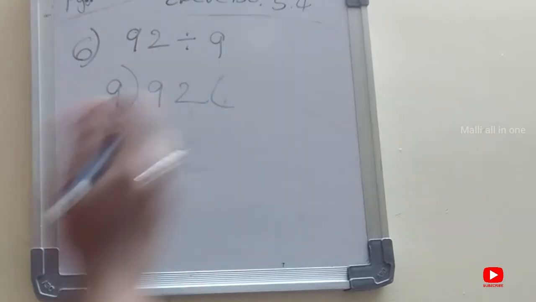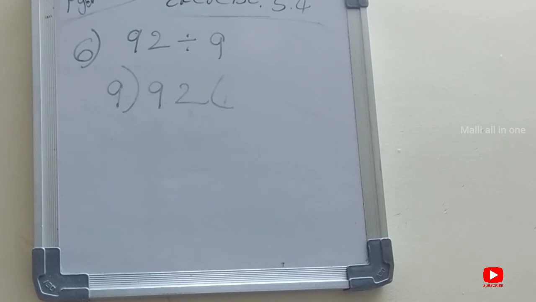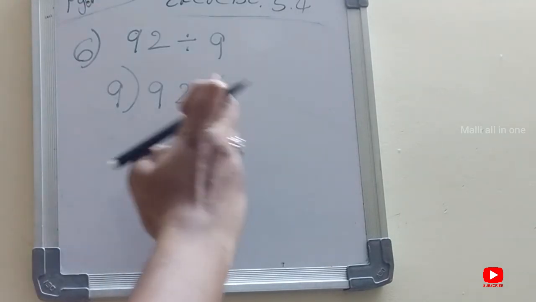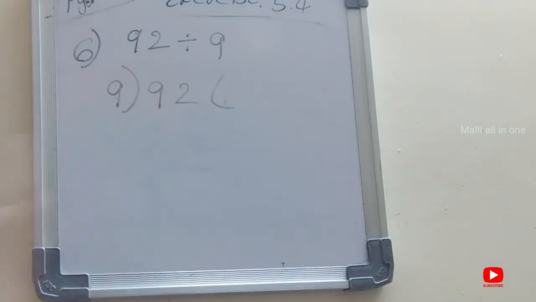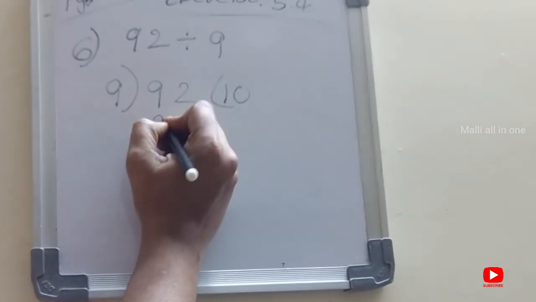9 is there, here also 9 is there, so you should write 1 first. Don't think like that. When you have a small number here, we should take 2 digits now. When 92 comes, see in the 9 table: 9 ones are 9, 9 twos are 18, 9 threes are 27, 9 fours are 36, 9 fives are 45, 9 sixes are 54, 9 sevens are 63, 9 eights are 72, 9 nines are 81, 9 tens are 90. So 9 11s are 99, and 99 is big. So 9 10s are 90.